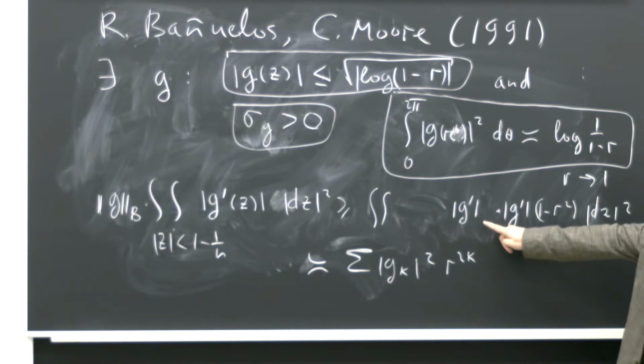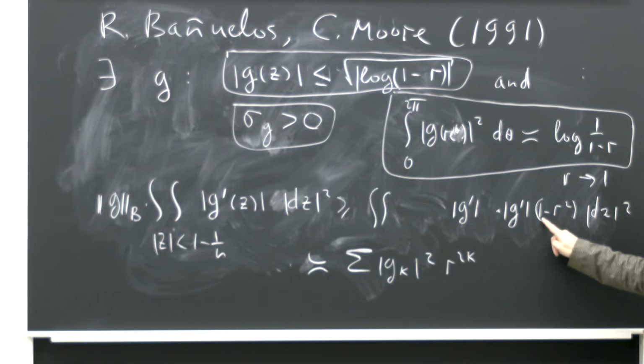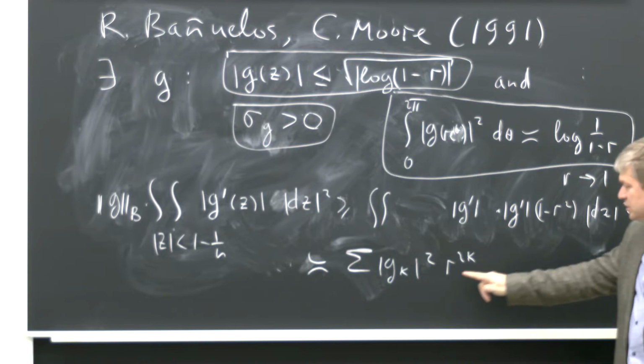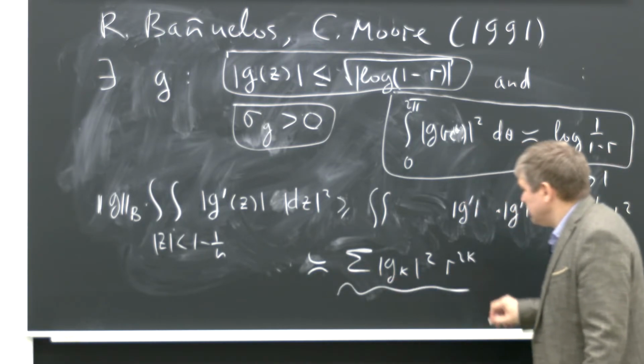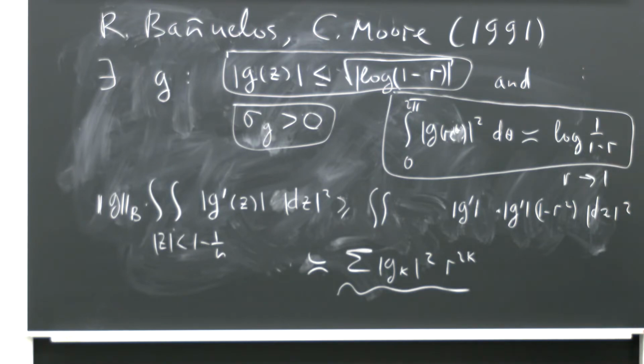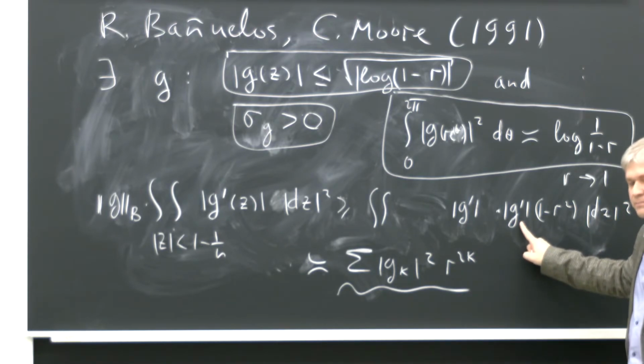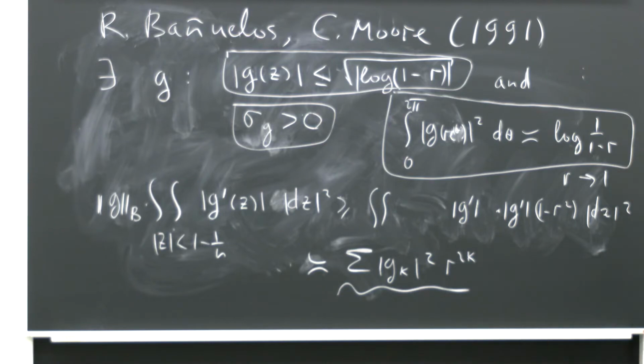So here we have k squared, g_k squared, then we multiply by 1 minus r squared. So this reduces to 1, and then the next integration gives this inequality. Sorry, what are g_k? g_k are Taylor coefficients of g. It's rather easy to show that. So g_k is g squared. So this inequality, what is